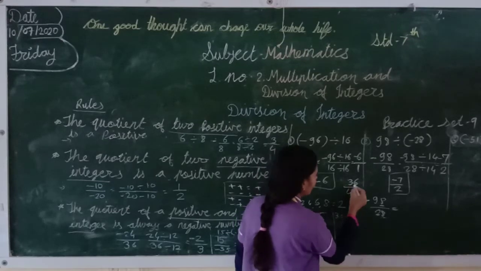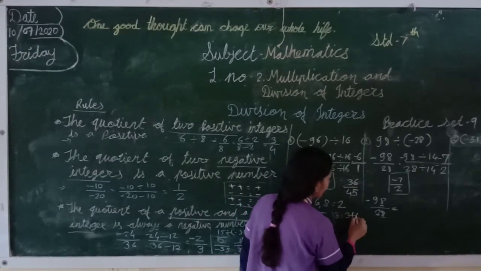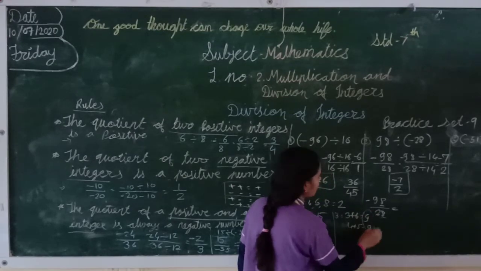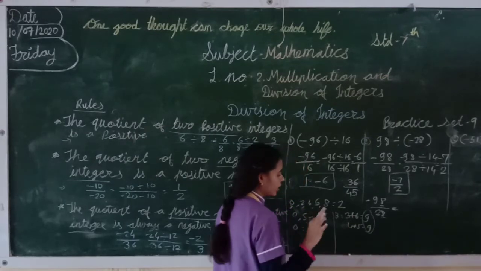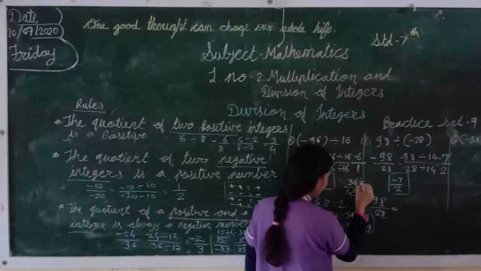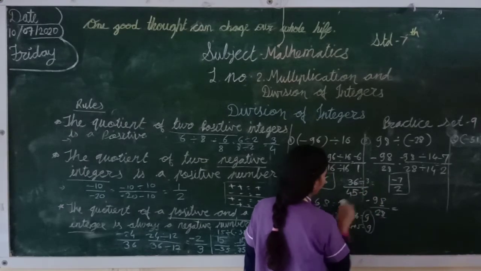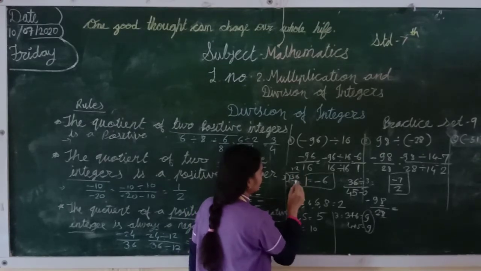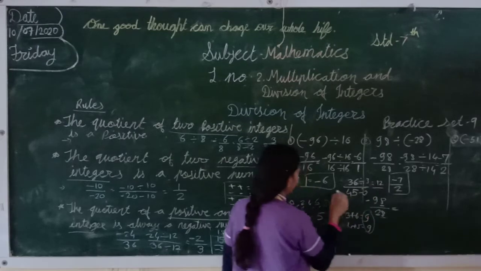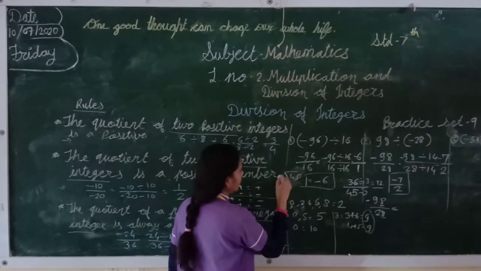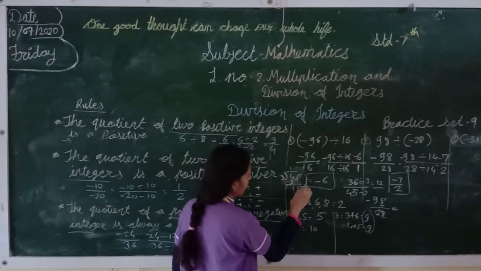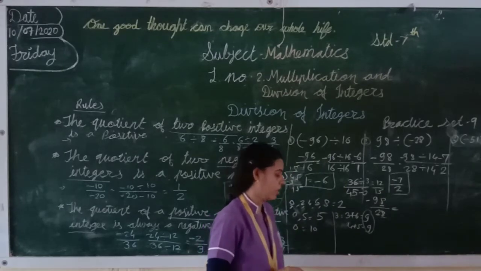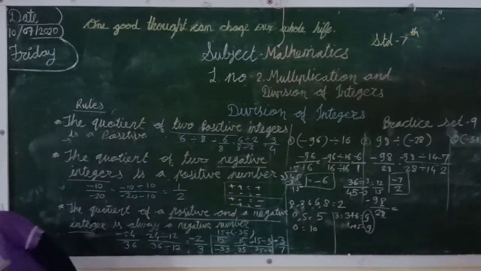Add the digits: 36, 3 plus 6 is how much? 9. And 4 plus 5 is how much? 9. So both numbers come in the table of 3, so we will divide by 3. 3 ones are 3, 3 twos are 6, so our answer here is 12. And here also we divide 45 by 3: 3 ones are 3, 4 minus 3 is 1, 3 fives are 15. So our answer is 12 upon 15. Here this step also you can do it, students.